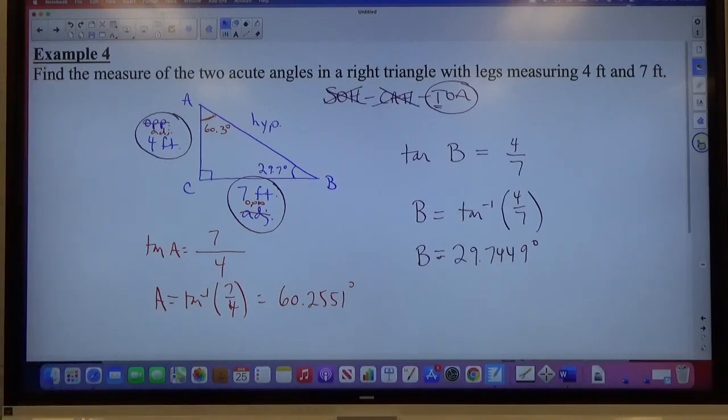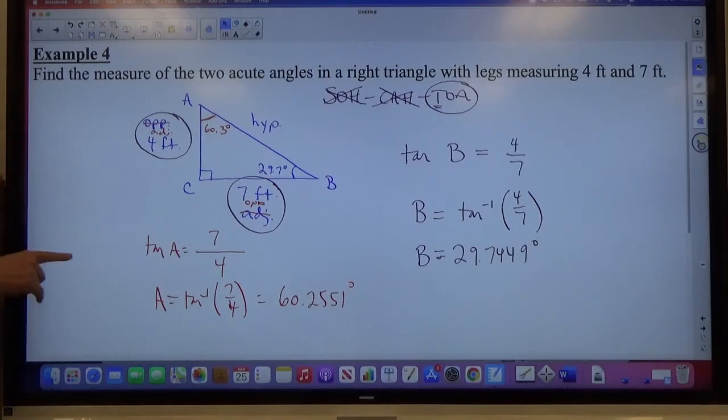So everything is going to be about right triangles. Every picture you see is going to have a right angle in it. Every picture you're going to have to draw is going to have a right angle in it. And then once you get the right angle drawn and draw everything in to your figure, you'll be able to use SOHCAHTOA in some way, shape, or form to find the missing pieces. If you know an angle inside, you're going to try and find another side. What do you know? What do you want to know?